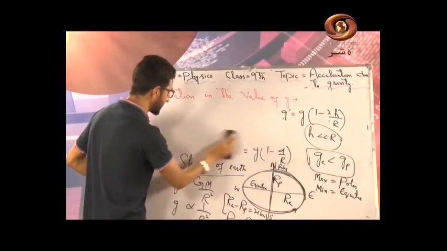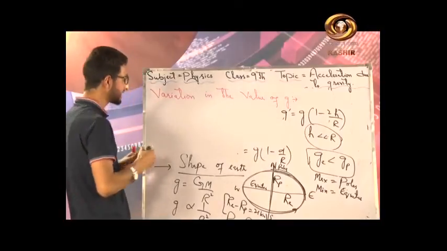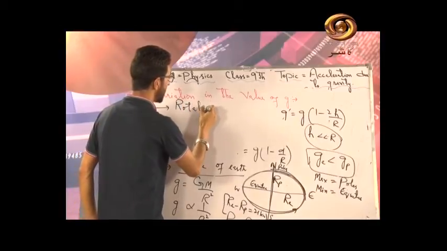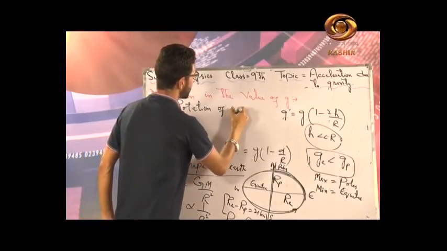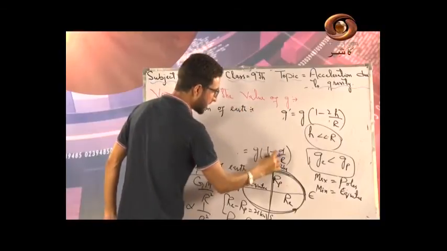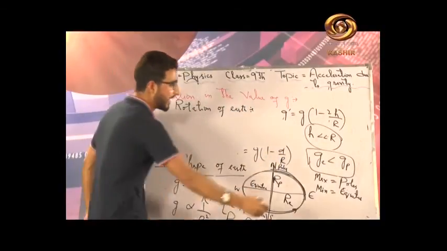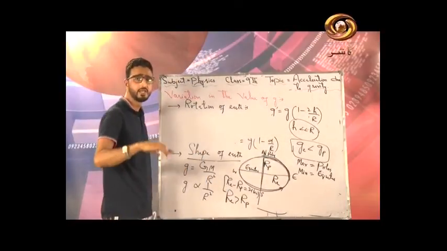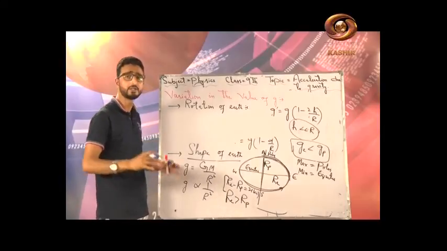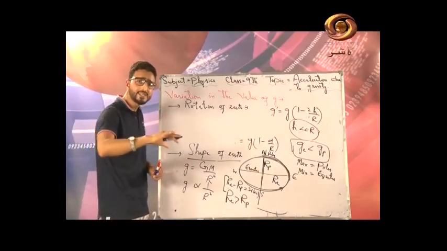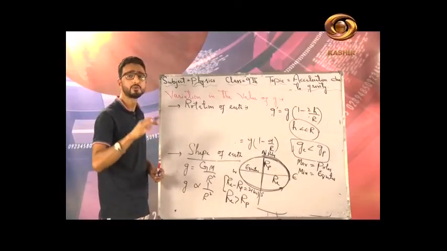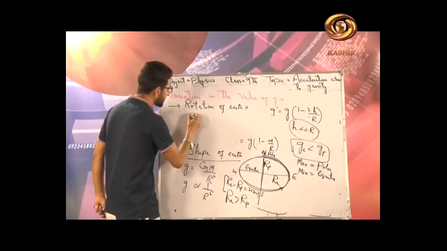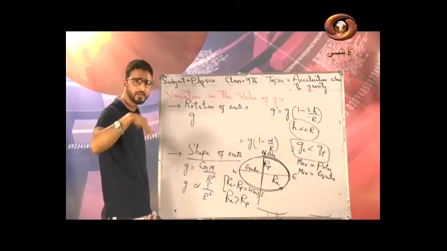Now the last factor upon which small g depends is that it depends upon the rotation of earth as well. अभी मैंने आपको बताया ये जो earth है it rotates about this north south axis, that is the axis of the earth, and it rotates in anti-clockwise direction from west to east. I mean the direction of the rotation of the earth is from west to east. Because of the rotation of the earth, the value of small g, I mean acceleration due to gravity, changes. ठीक है ना? लेकिन expression लिखूंगा, but that is beyond your scope at this stage.